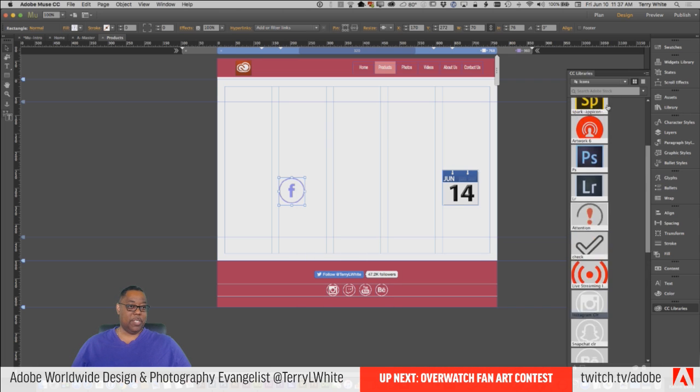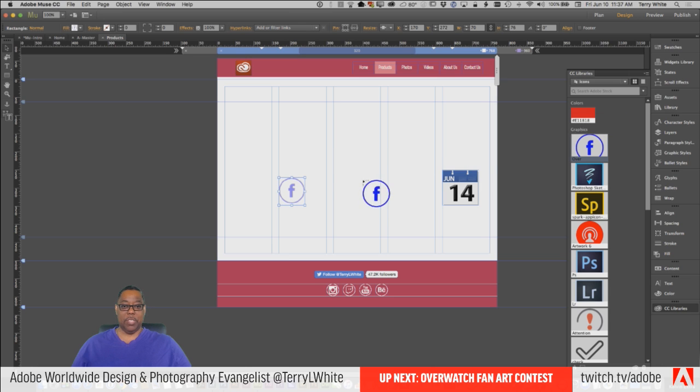Or let's bring the other one in first so we know where it goes. Bring this one in. You know what? Before we even do that, hold on, I moved it. Let's not move it. Put it back to where it was. And then bring this one in. Get it the exact size we need it. And now that that one's in, this one we're going to say hide in other breakpoints.